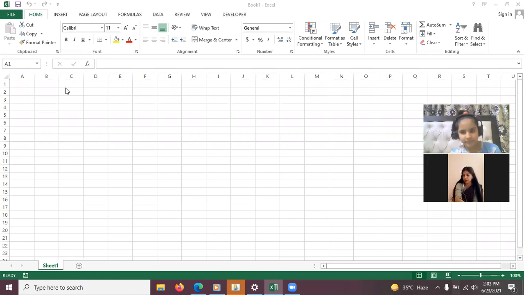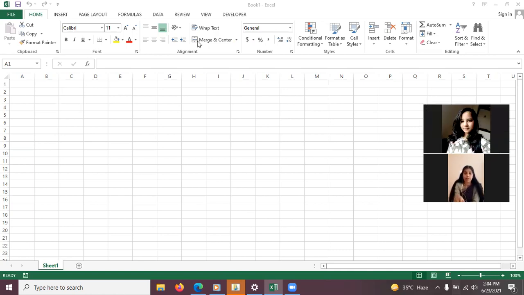So page number 43, it is chapter number 5, spreadsheet and introduction. Spreadsheet is another name for MS Excel, right? Now in the introduction part of this page, we can see three different kinds of images of a bill, mark sheet and scoreboards. For all such tabular work, where we need a tabular form of work, we can use Excel. Like you can see the gift gallery image and the mark sheet, where tabular form data is there. At that time you can use MS Excel for such kind of works.